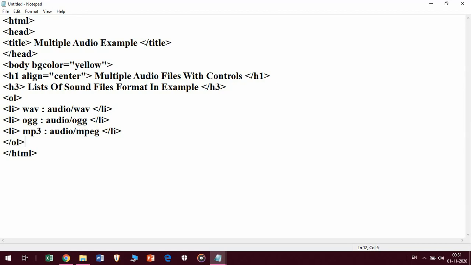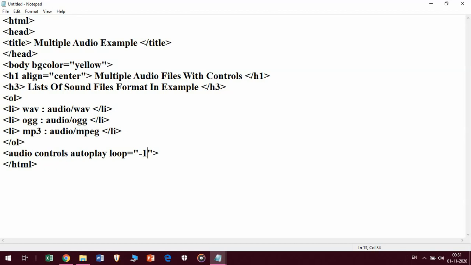Then we have given the heading to our program. Now after that we have to give the note, but before giving the note we will first add the audios. So for adding audio, similar to the last video, we are going to use audio with controls, autoplay and loop.